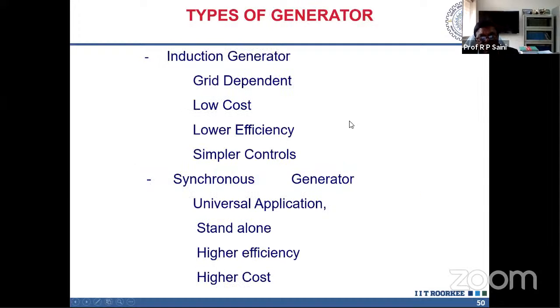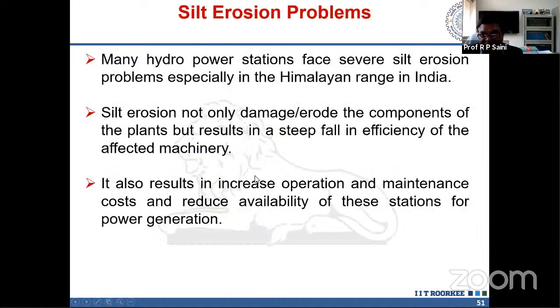Then the hydro generator, I'm talking about quickly. Basically there are two types of generator, induction generator and synchronous generator. In almost all hydropower stations, they are synchronous generators. Induction generators are, of course, less costly, but they have many problems. Because of that, we don't use the induction generator, we use the synchronous generator. A student with an electrical background can understand this. But here I tell you that in almost all cases, hydro generators are synchronous.